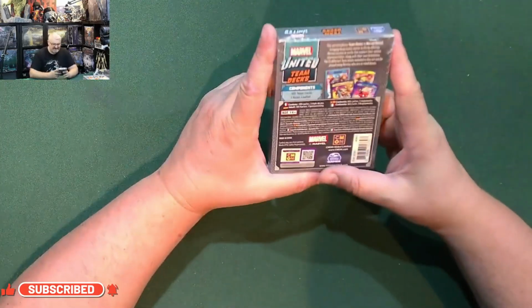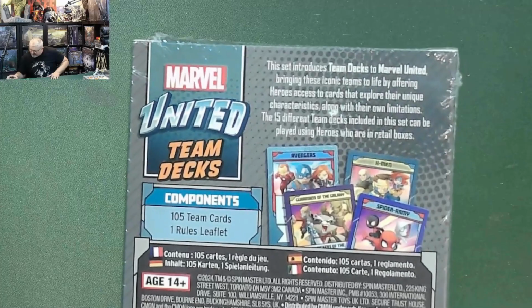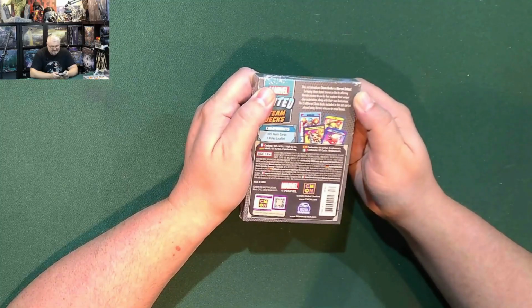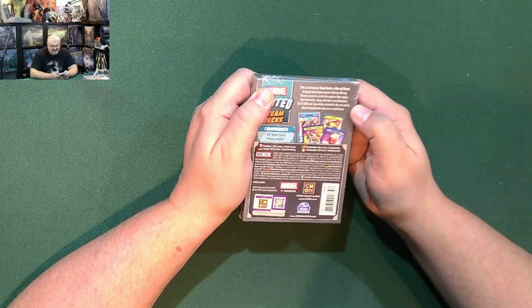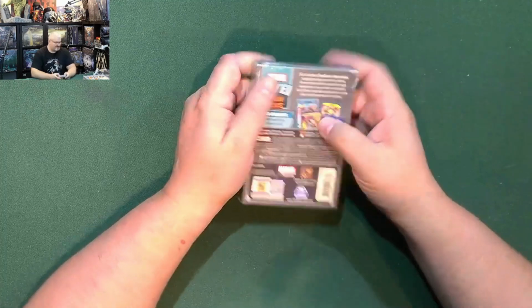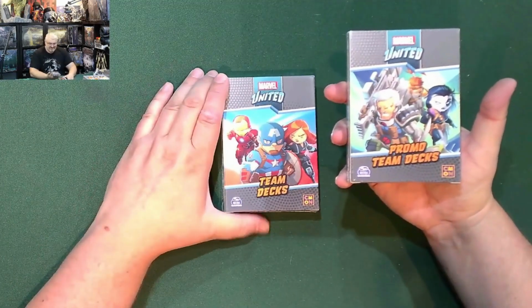Oh, okay. It's quite small writing, so let's have a look. 105 cards and a rules leaflet, and then it says, oh, I can't quite read it because it is so tiny over there. So this set introduces team decks to Marvel United, bringing these iconic teams to life by offering heroes access to cards that explore their unique characteristics along with their own limitations. 15 different team decks included in this set can be played using heroes who are in retail boxes. Aha! So this is the retail boxes, and then one would assume the promo team decks, which is an additional expansion set,